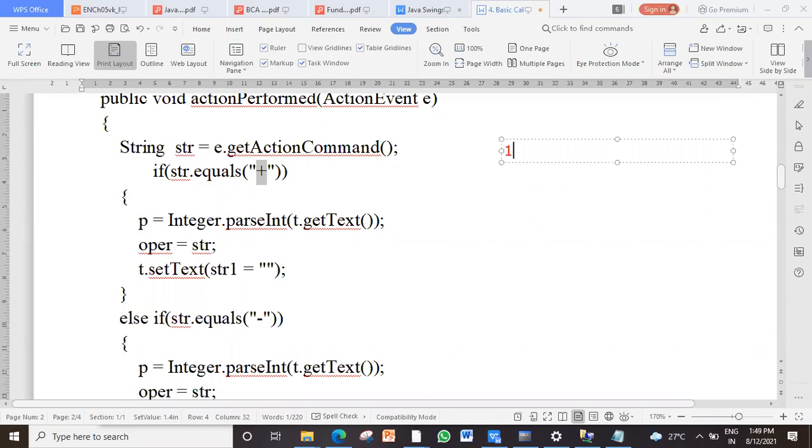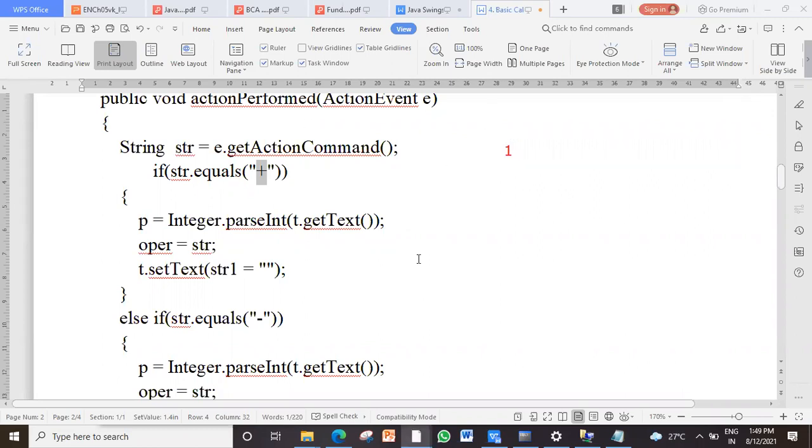Clear? Because buttons are separate, if I have to type 12, I have to click on 1 and then on 2. Once I click on 2, that 2 also passes its content to the text field. But after passing, should it overwrite or should it get concatenated? Concatenated. Clear? So that also you remember: when the numbers are clicked, the contents are passed to the text field by concatenation, using the concat method. Clear?